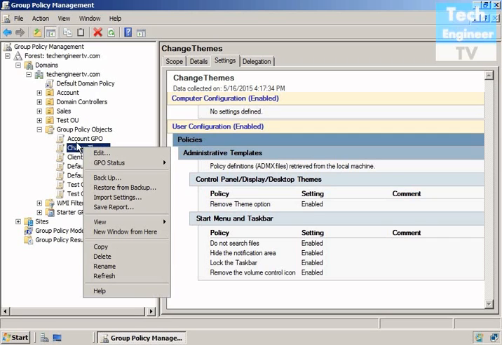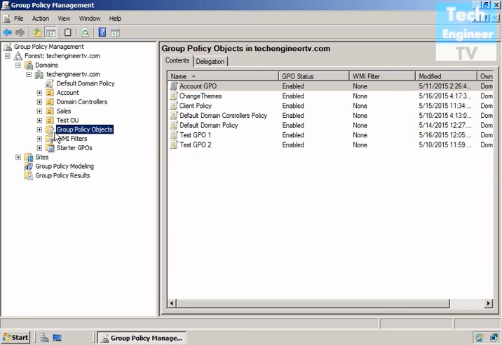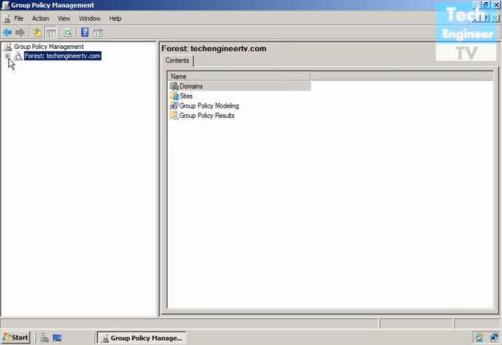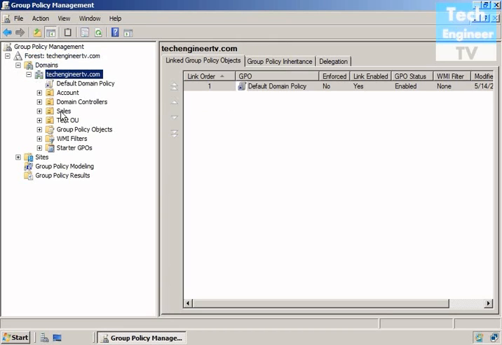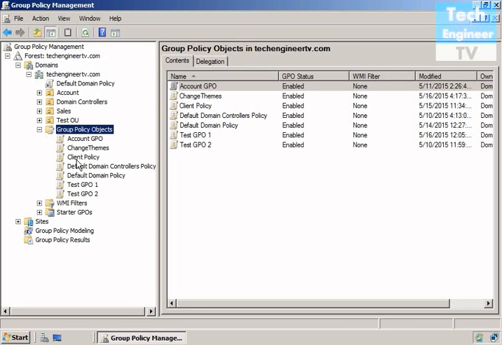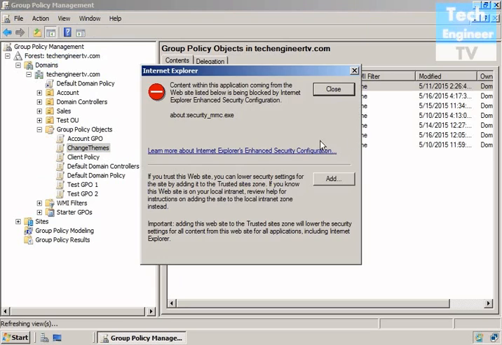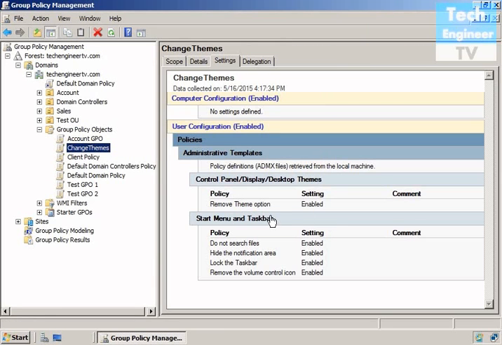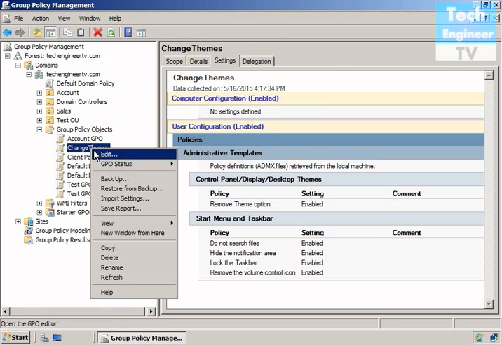So in the near future, if you want to do that, how to find it: Group Policy Management, domains, Group Policy Objects, select the particular GPO which you want to get the old state back. So right click,